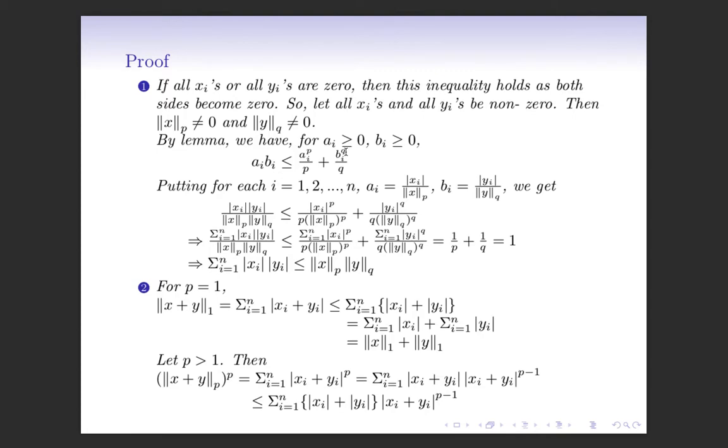By the lemma we have just proved, for ai greater than or equal to 0, bi greater than or equal to 0, ai bi is less than or equal to ai to the power p divided by p plus bi to the power q divided by q. Putting, for each i equal to 1, 2 up to n, ai equal to mod of xi divided by norm p of x, and bi equal to mod of yi divided by norm q of y, we get